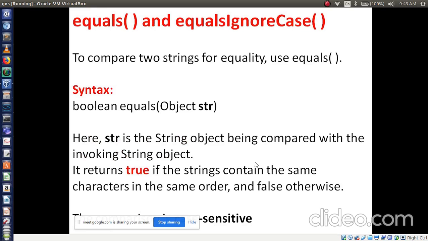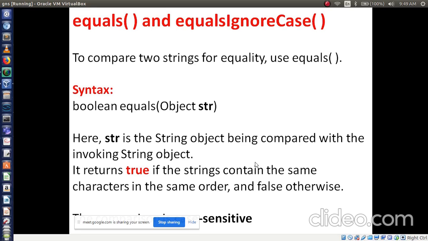Now equals and equals ignore case, 2 methods we are going to see. Basically why do we have to use these methods? Because to compare 2 strings for equality, use equals.